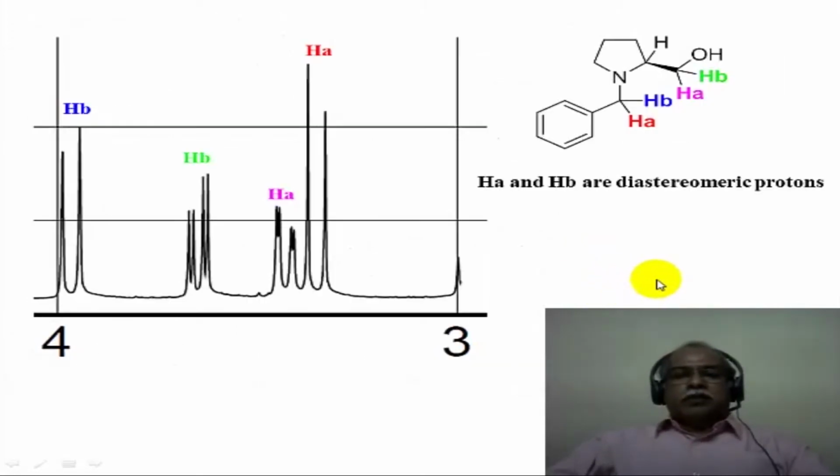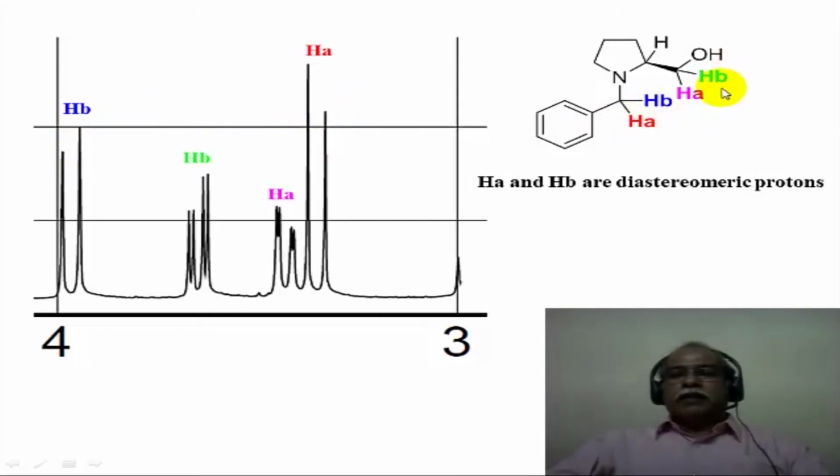Now this has two types of AB system. The benzylic hydrogens are AB because the chiral center is here. As a result, these two hydrogens are diastereotopic. The red hydrogen and the blue hydrogen are diastereotopic in nature. One of these hydrogens comes at about 3.95 delta, labeled as HB in this case, and HA comes around 3.4 or 3.5 ppm, somewhere here. So this is an AB pattern corresponding to the red hydrogen and the blue hydrogen.